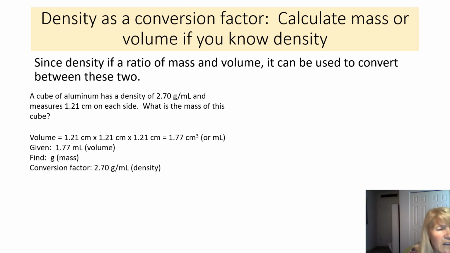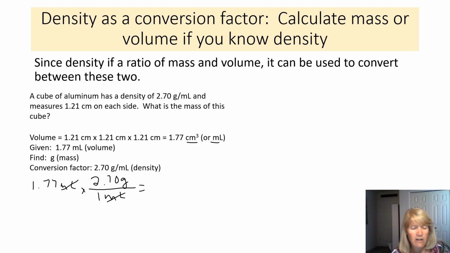So what we'd do here is we'd start with our given, 1.77 milliliters. Okay, so we found it in centimeters cubed, but remember that's the same as milliliters. We can use either unit. And then we're going to use our conversion factor. We want the milliliters on the bottom, 1 milliliter, 2.70 grams. On the top, the milliliters cancel, and that gives our grams. So multiply those, 1.77 times 2.70, and that gives us